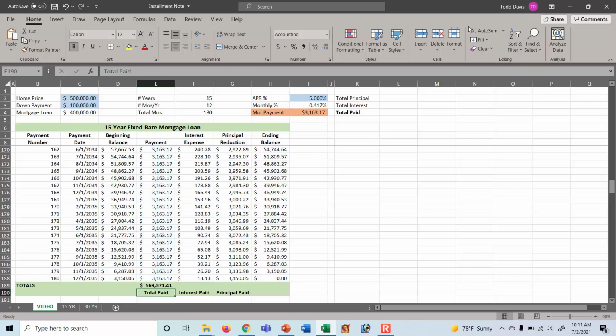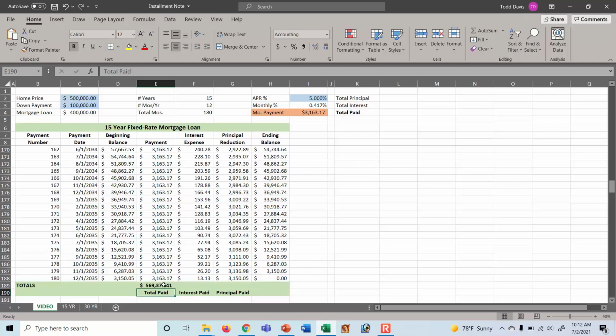And that will show the total paid: 180 payments times $3,163.17 per payment equals $569,371.41. That is the total amount that we paid for a $400,000 loan over 15 years.